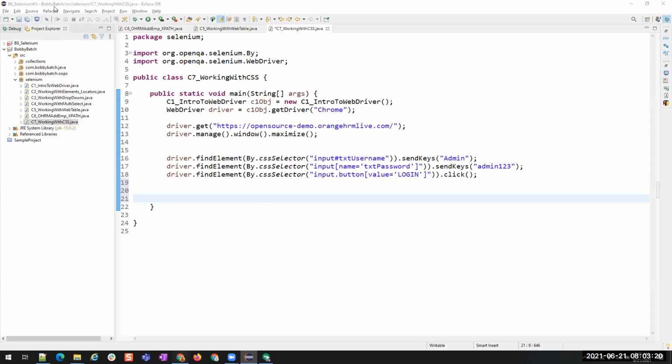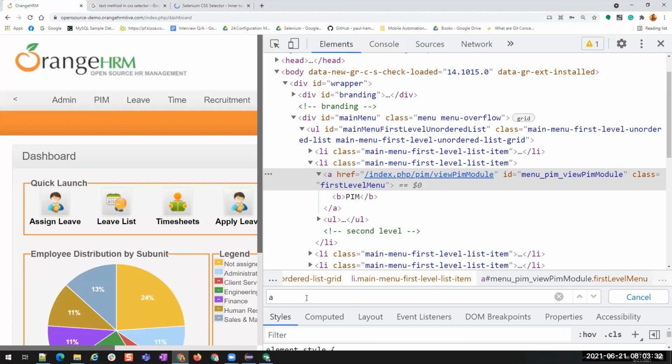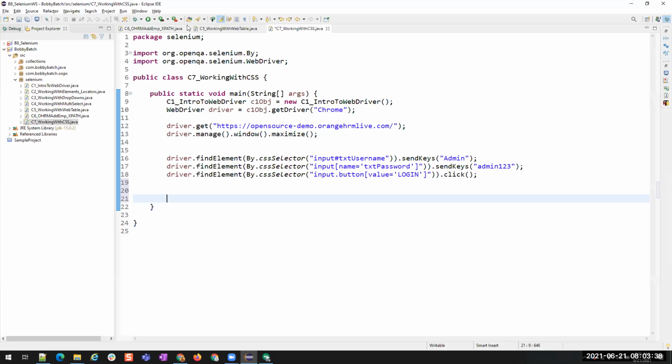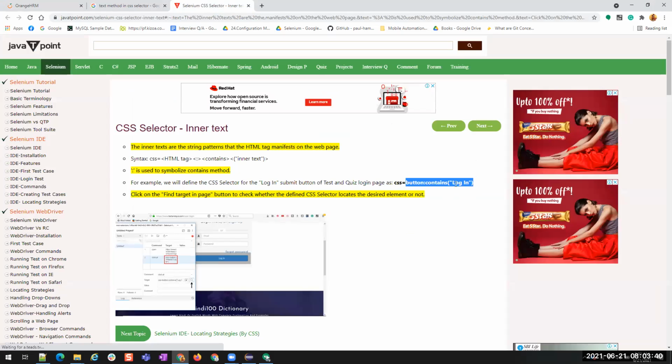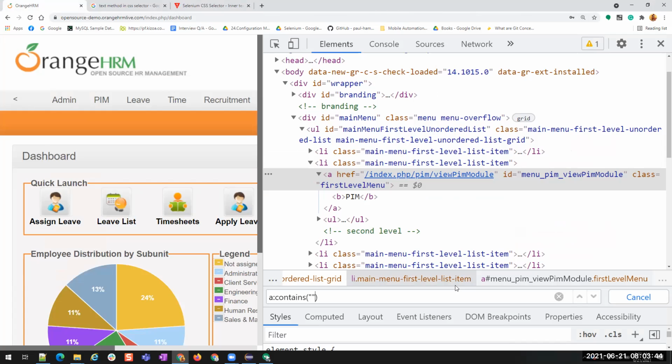This is the A tag, colon contains. What is the syntax? Contains, and then in double quotes the text. So let's see if it's working.